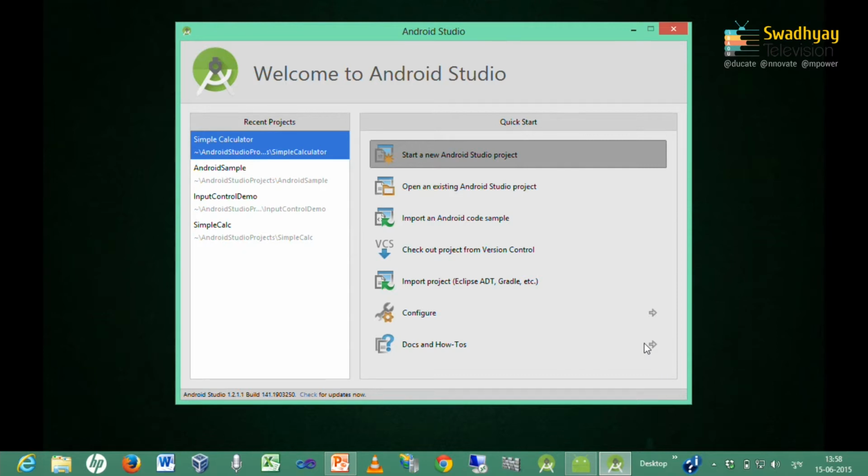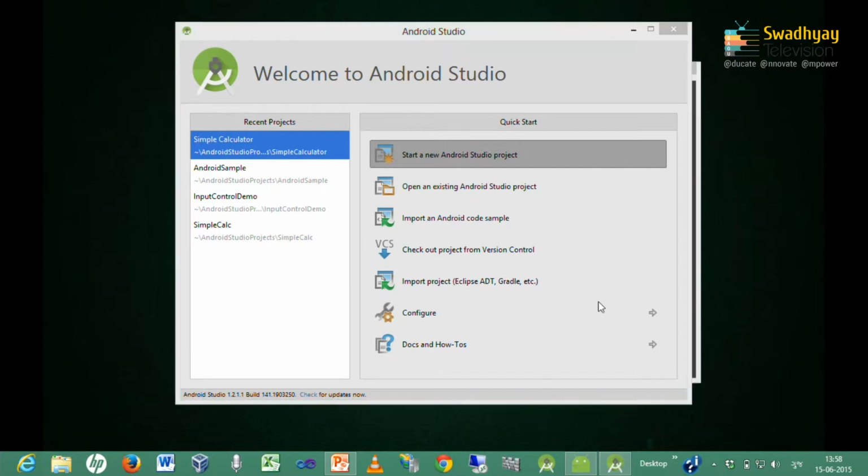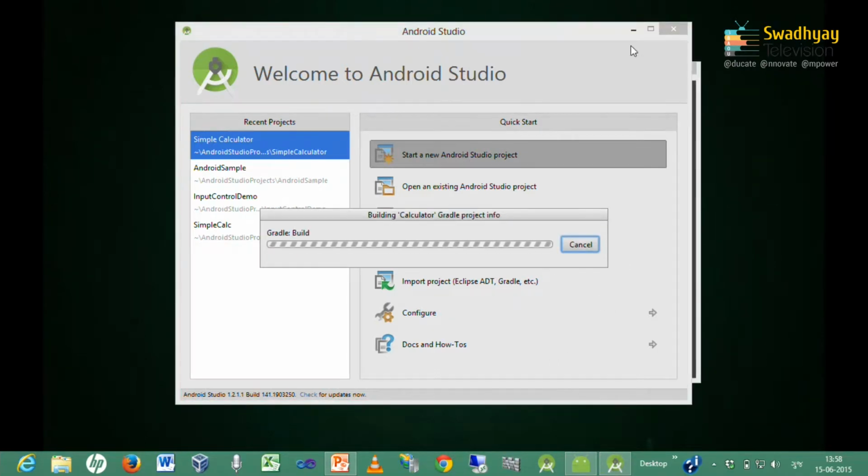So, it will create one project for me. It starts creating the project for us. Now, once it is done, this welcome screen goes and the Android Studio IDE screen will open with the content that we have specified.